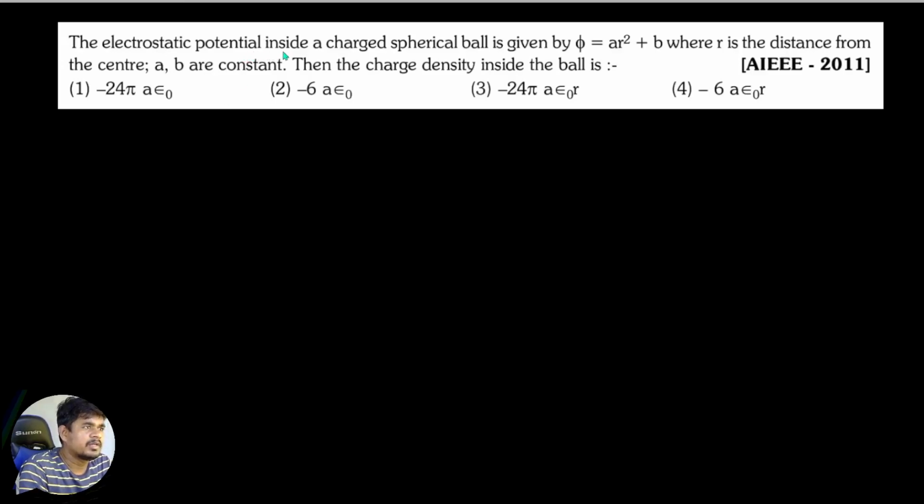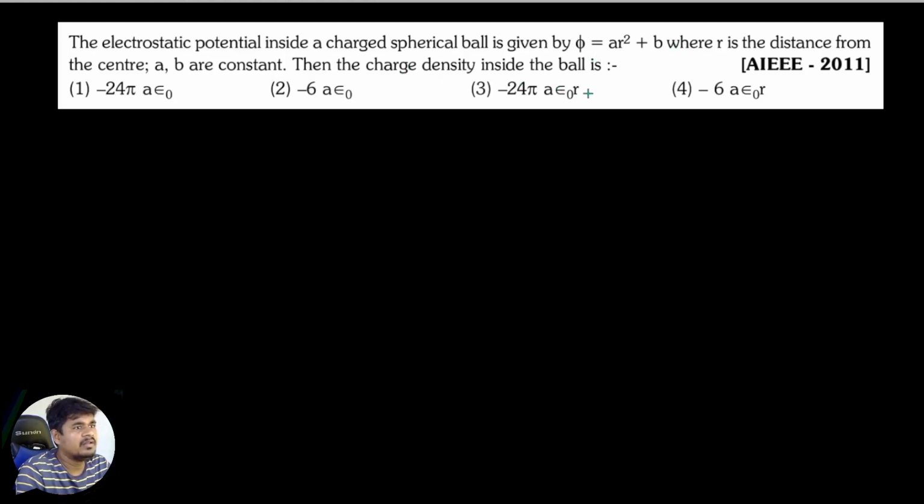The electrostatic potential inside a charged spherical cell is given by phi equals A r square plus B, where r is the distance from the center. A, B, C are constants. The charge density inside the ball is. So here we have phi equals A r square plus B, that is your electrostatic potential, and we have to calculate the charge